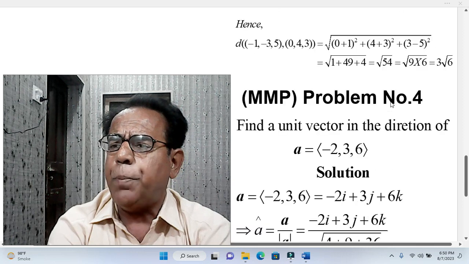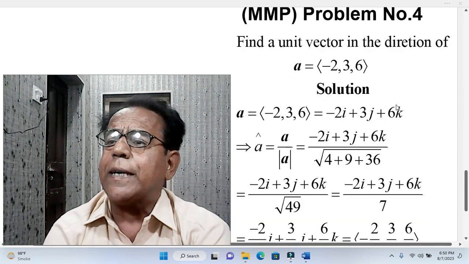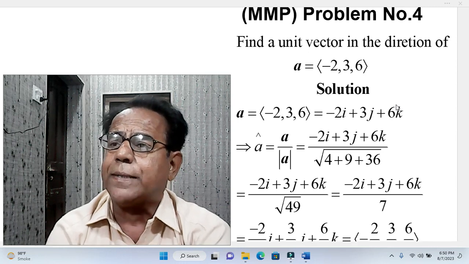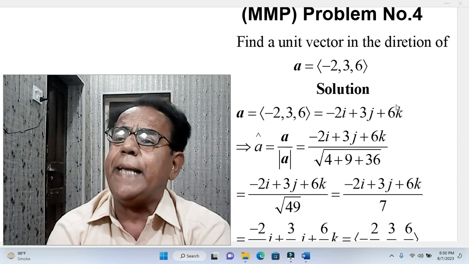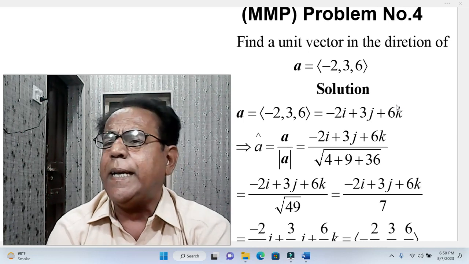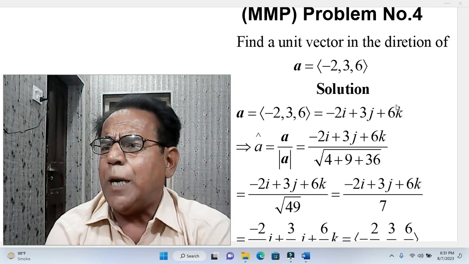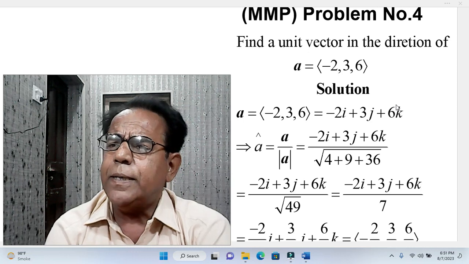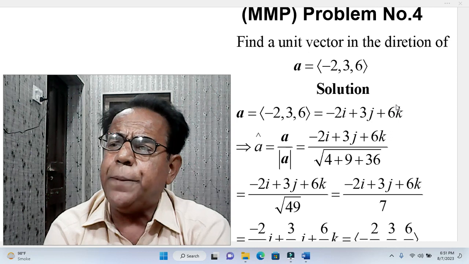Okay, problem number 4. Find a unit vector in the direction of a bold, that is a vector equal to <-2, 3, 6>. This is angle bracket. Okay, this is just a method of representing a vector. Okay, we are not bound to use this method, that is in which angle bracket is used. Okay, so in the solution we have